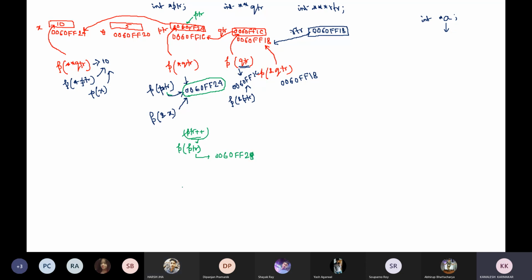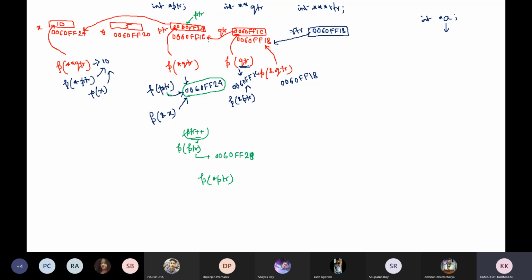Now if I want to print the value of the location which is being pointed by ptr, so star ptr. What is star ptr? Star ptr will print the value which is stored at this address. Now in this memory location, whether anything is stored at 0060ff28 address, nothing is stored.